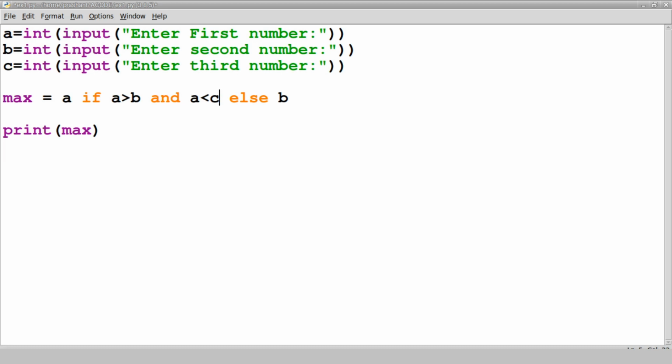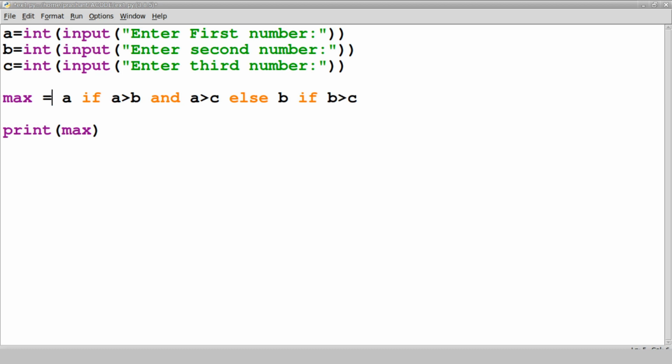Now the else part, so else, let's say the value will be b if b is greater than c. So we are finding the greater, so we need the greater symbol between b and c.